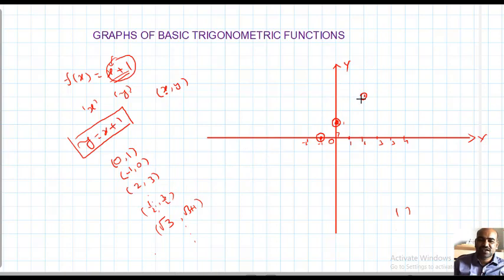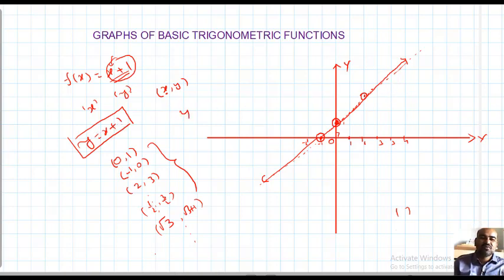If all the solutions are taken on this coordinate plane, we will get infinitely many dots. All the dots will form a straight line. This straight line is called the graph of y equals x plus 1. How did you get this? We just find the solutions of the given equation and plot all the solutions on the coordinate plane. So you get a graph. That curve is taken as the graph of the given function.